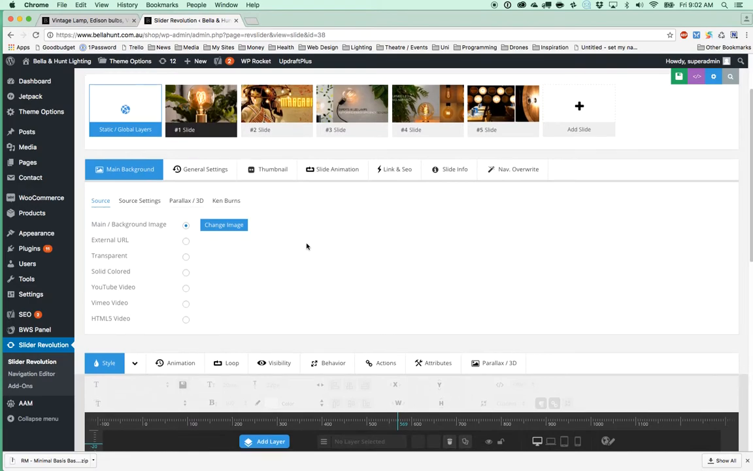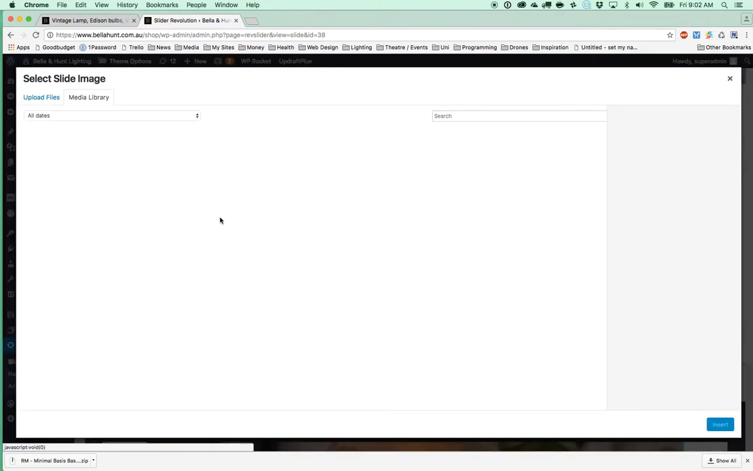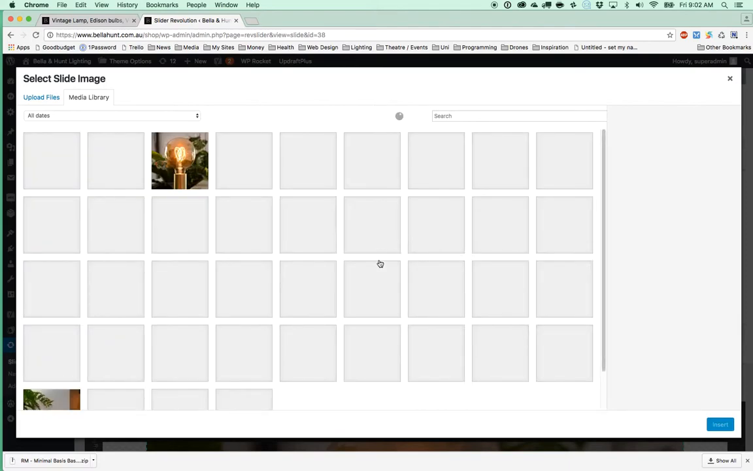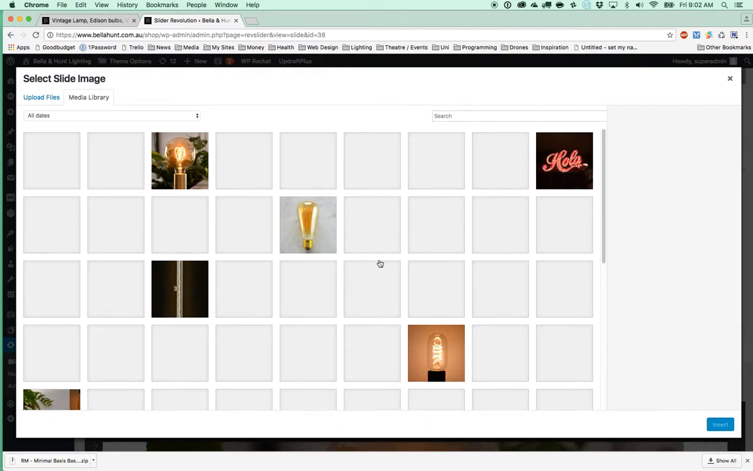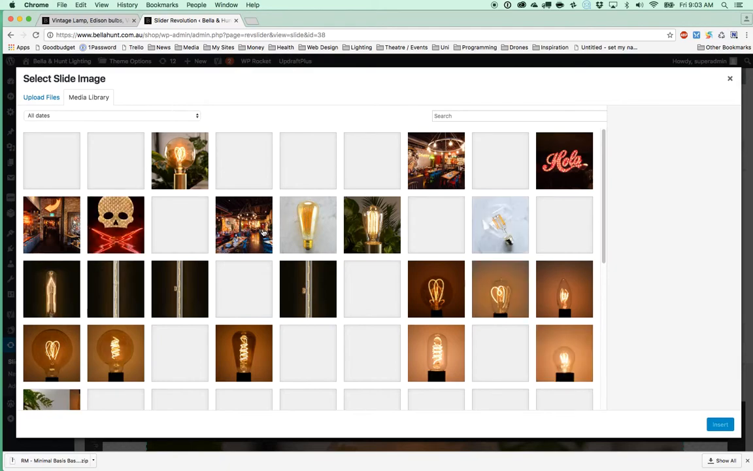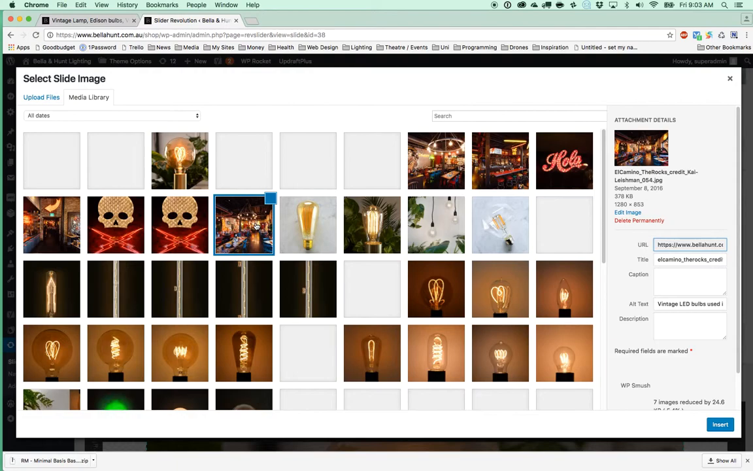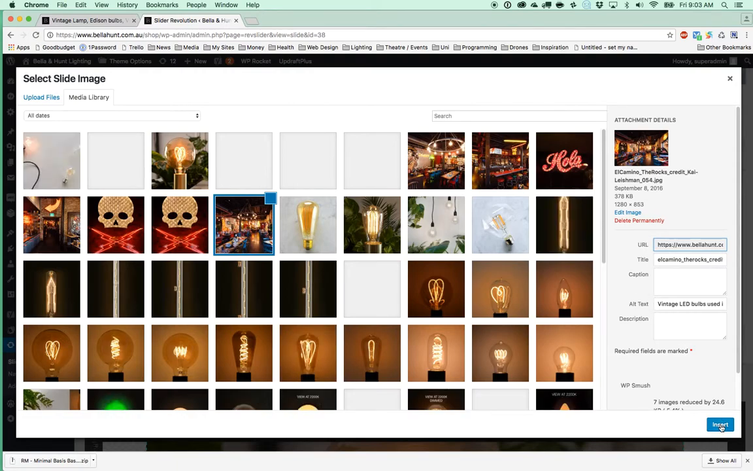If we want to update that image, all we do is we go into the main background image, make sure it's selected, hit the change image button. This will take us to the media library for the site, where we can choose the new background image. So let's just say we want to make our new background image this image right here. So we select it, we hit insert,